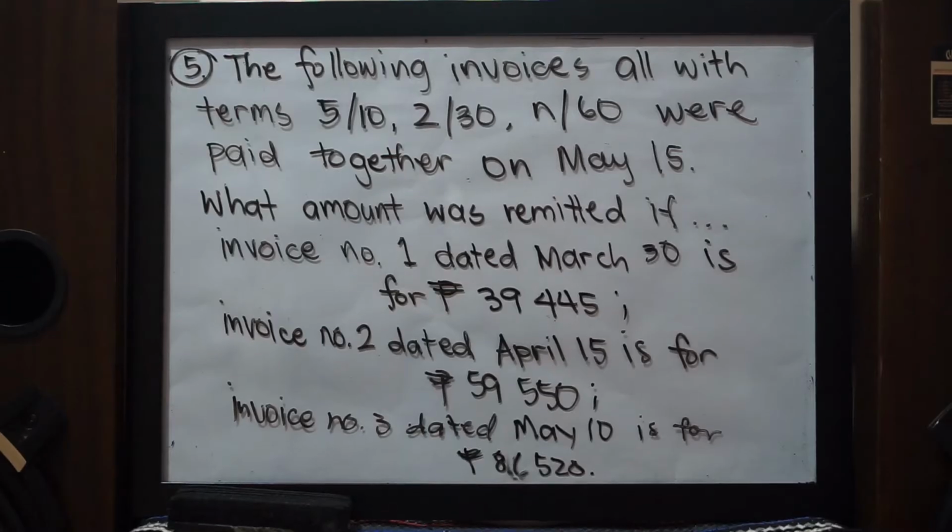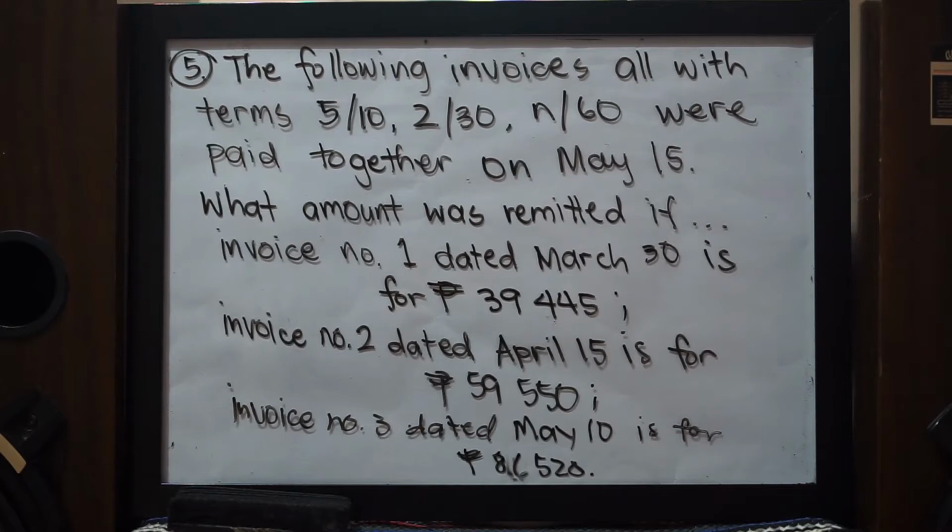Let's now have problem number 5. The following invoices, all with terms 5, 10, 30, and 60, were paid together on May 15. What amount is remitted if invoice number 1 dated March 30 is for 39,445? Invoice number 2 dated April 15 is for 59,550. And invoice number 3 dated May 10 is for 86,520. So analyzing the problem,